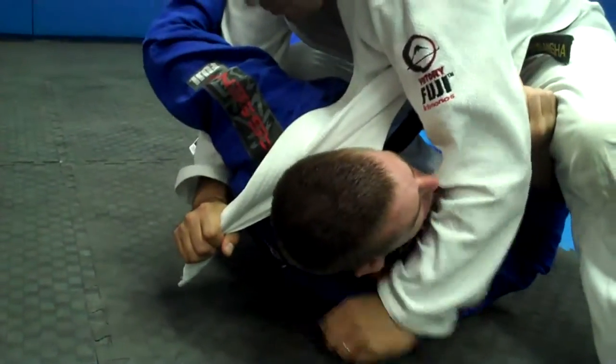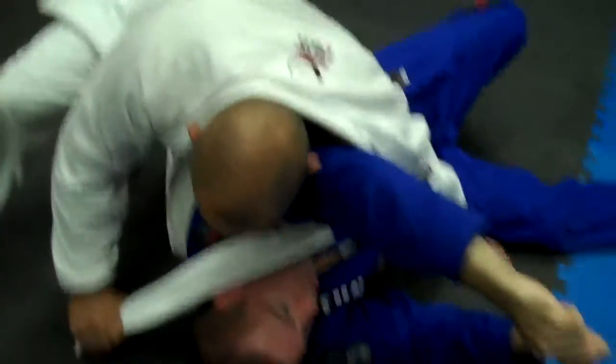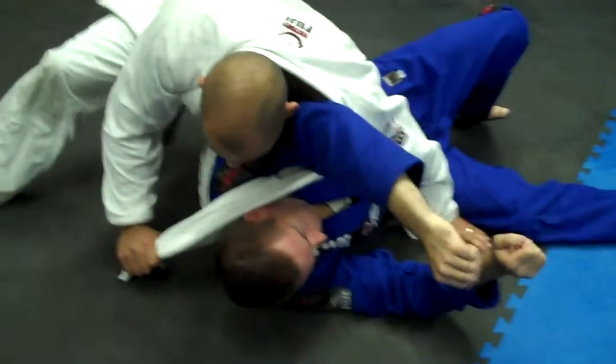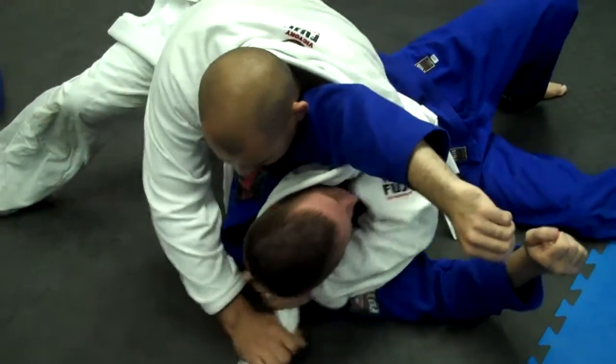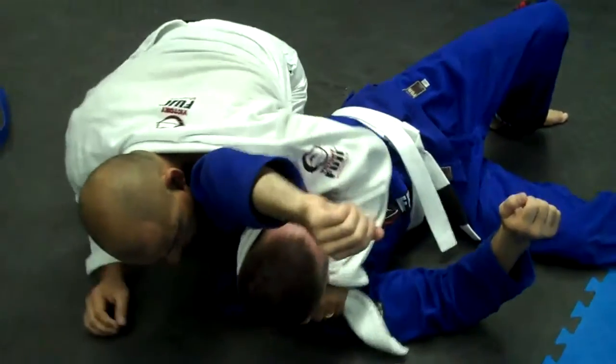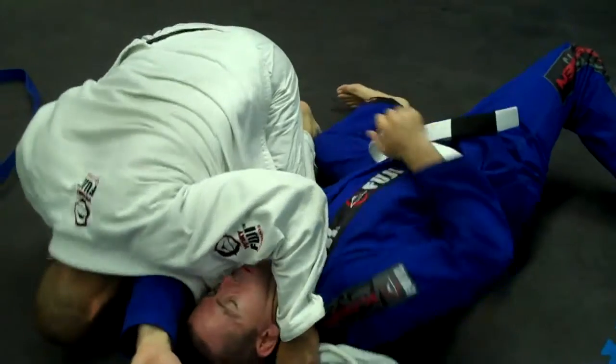So Martin is going to trap that arm, just like you were doing an arm bar, and he's going to spin around. And as he does this, it gets tighter. He's got more lapel now since he's on the same side as the lapel he's feeding. Martin feeds it under the head. He catches it. His opponent puts his back flat to the mat again to escape once again, and